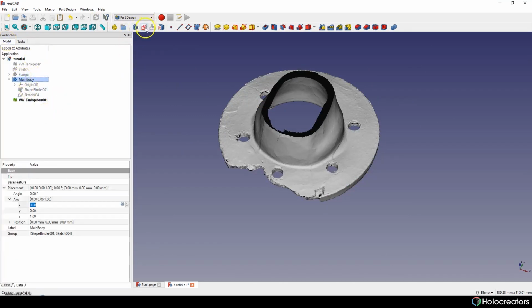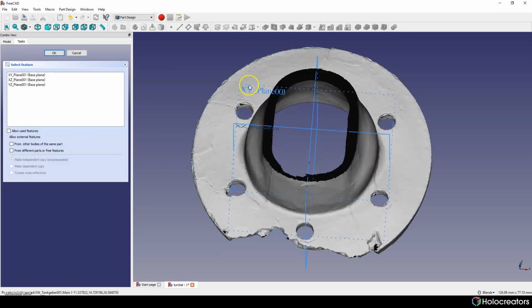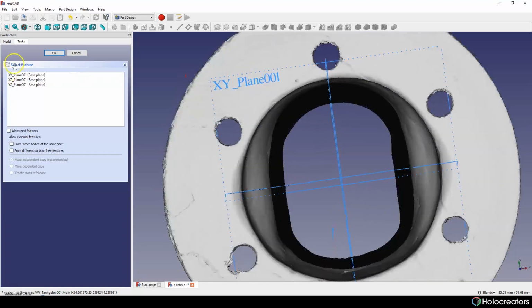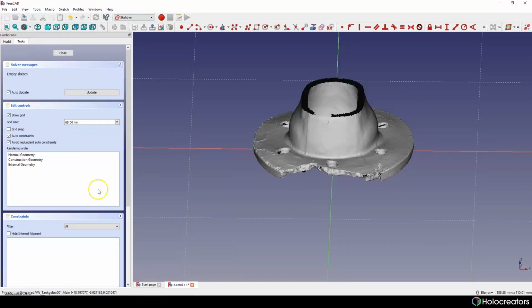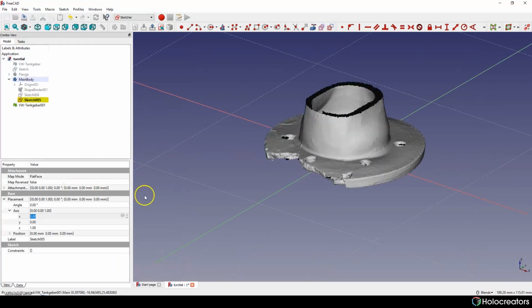We need just to create new sketch. Let's choose our XY plane. And we need just to change placement for the